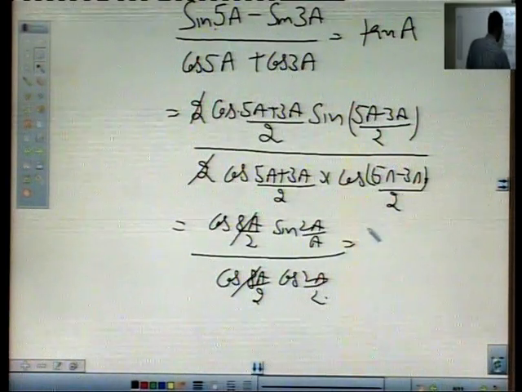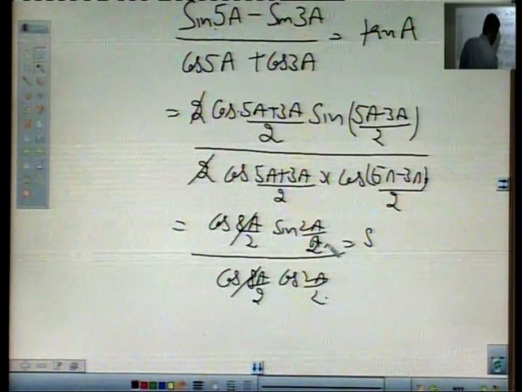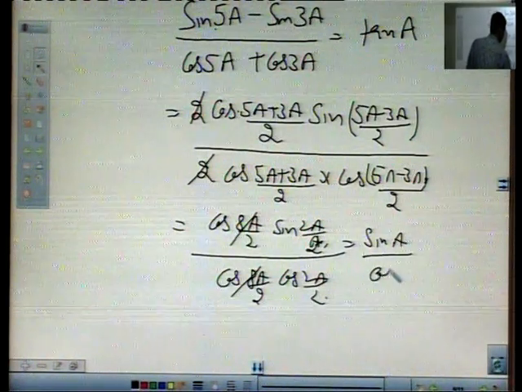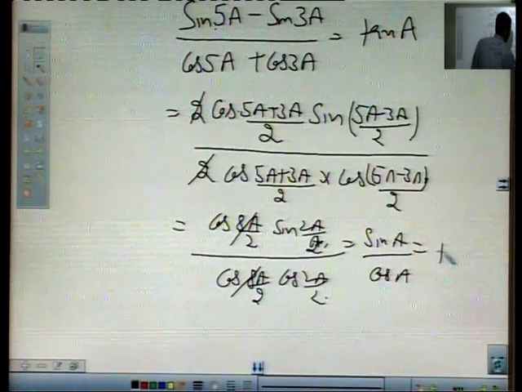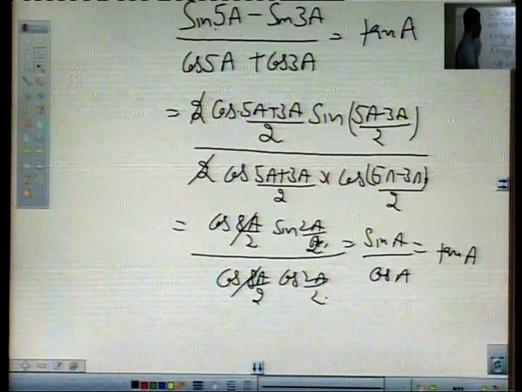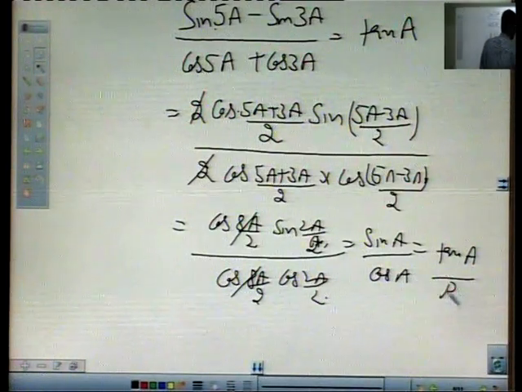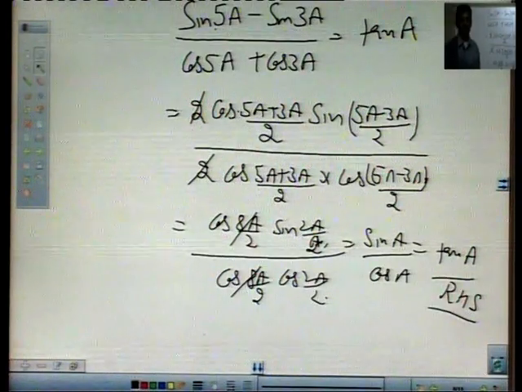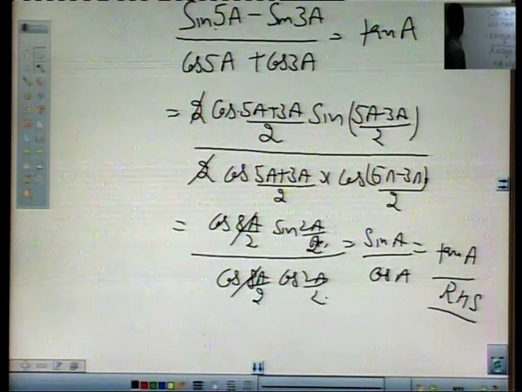So this is simply sin a upon cos a, and this is tangent of a, which is your required right hand side. Right. Now next is